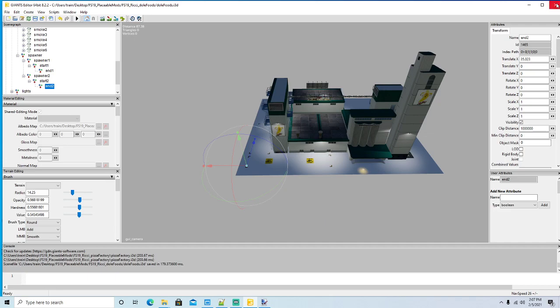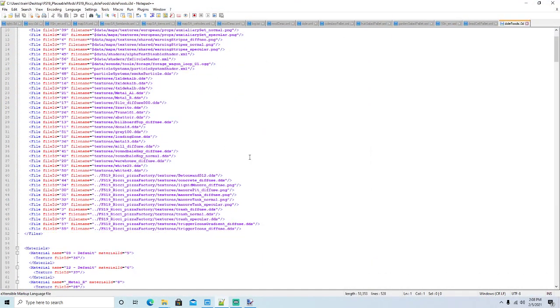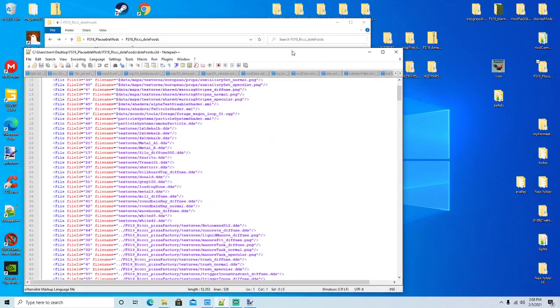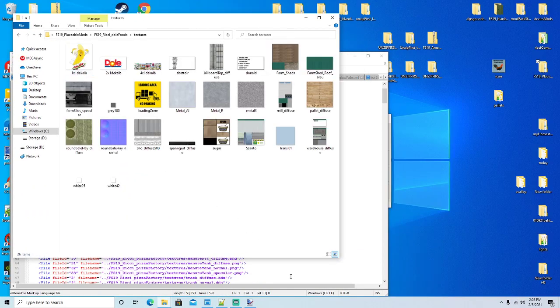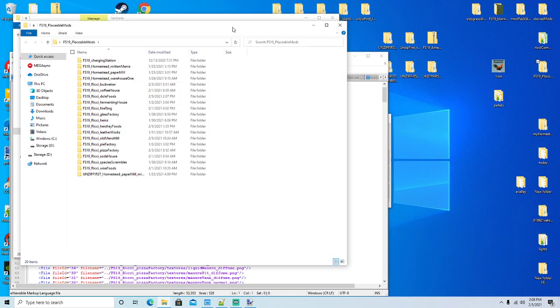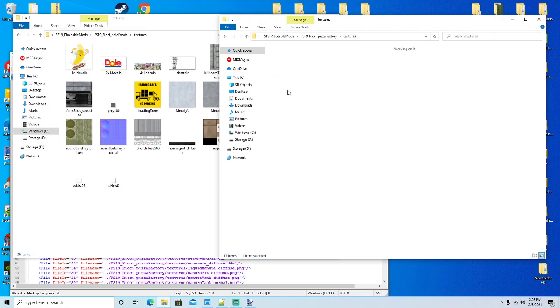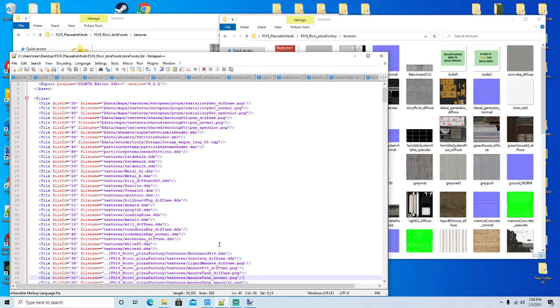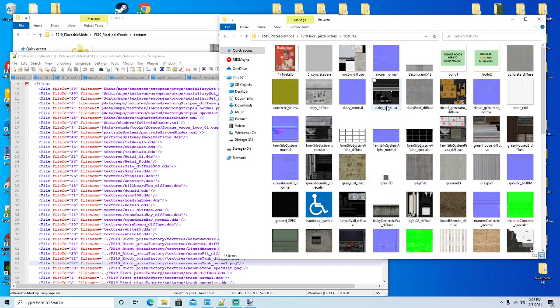And then let me close this. And then let's fix all of our textures again. So now I have to bring in, from the pizza factory, a bunch of textures. So pizza factory textures. All right, so what do we need? We need Bentonwald 512 and concrete. So I need you and you